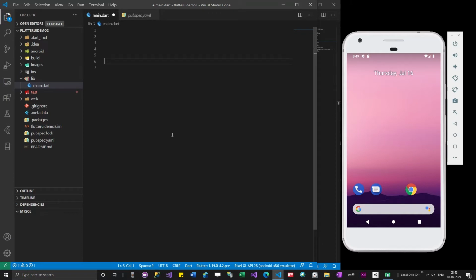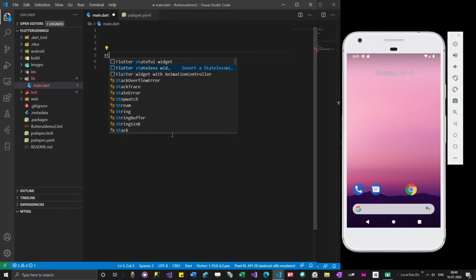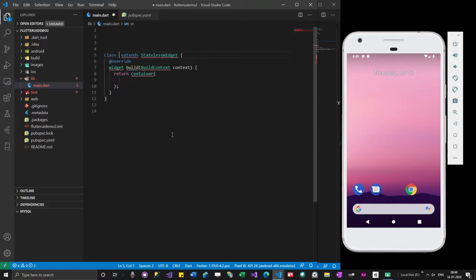Okay, so I'm going with stateless widget. I'm not using stateful widget, I'm using stateless widget because we have to use more stateless widgets. Then we have to resolve these issues. There are red squiggly lines and blue squiggly lines. Red squiggly lines are for errors, blue squiggly lines are suggestions.